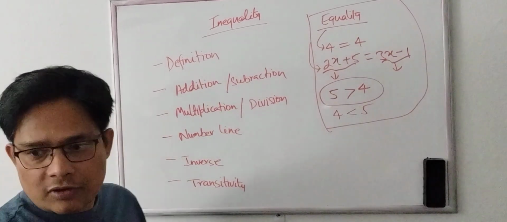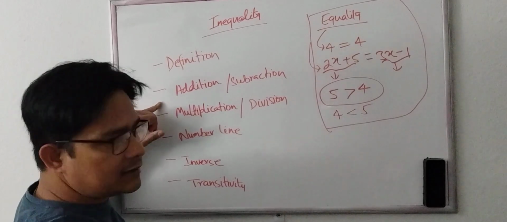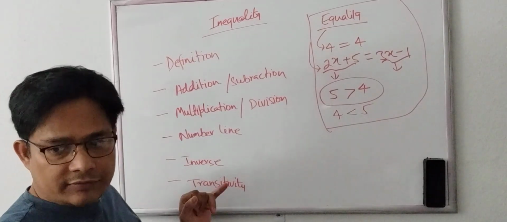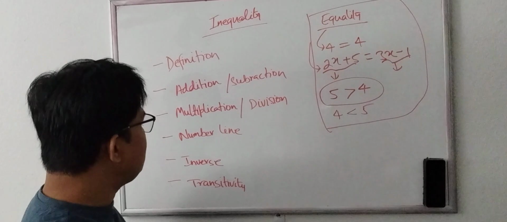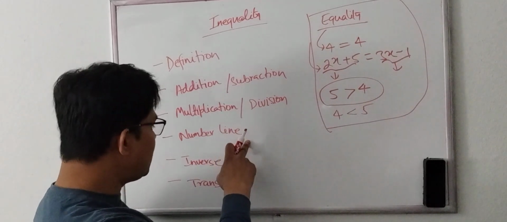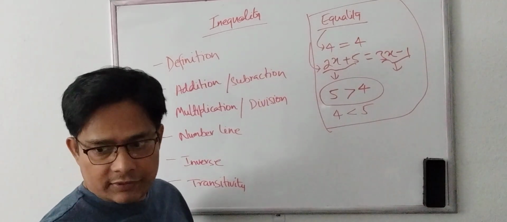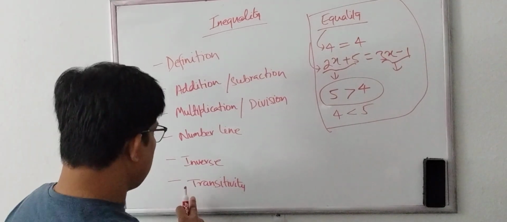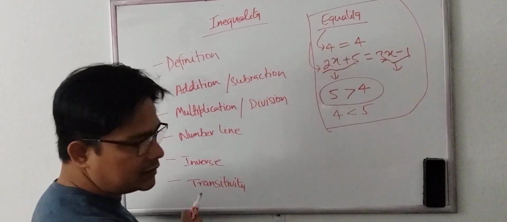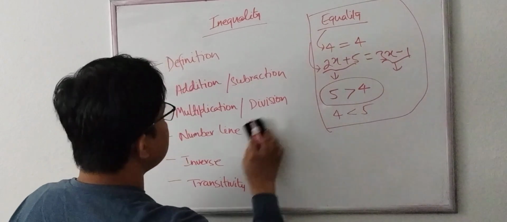So today we are going to talk about the definition, addition and subtraction based on inequality, multiplication and division, and how to represent inequality on the number line. Then what happens if we take the inverse of an inequality, and then the transitivity relationship for inequality. So let's start with the